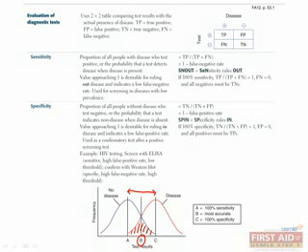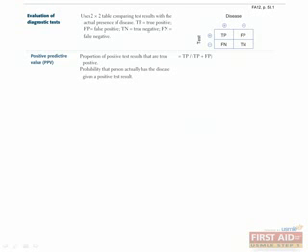If you can perform two successive tests, it is best to start with a highly sensitive test, such as the ELISA for screening purposes, and then follow up with a highly specific test, such as the Western blot for confirmatory purposes. The positive predictive value is defined as the proportion of positive test results that are true positives, or the